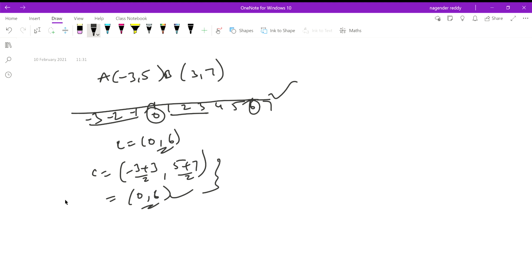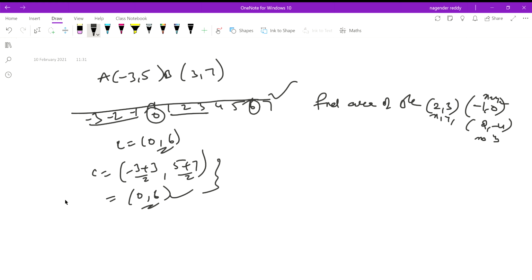So what is the area of the triangle? For example, find the area of triangle ABC, which is formed by 2 comma 3, -1 comma 0 and 2 comma -4. So a simple technique here. Just mention x1 y1, x2 y2, x3 y3, and we know the formula: the area of the triangle is 1 by 2 into x1 into (y2 minus y3) plus x2 into (y3 minus y1)